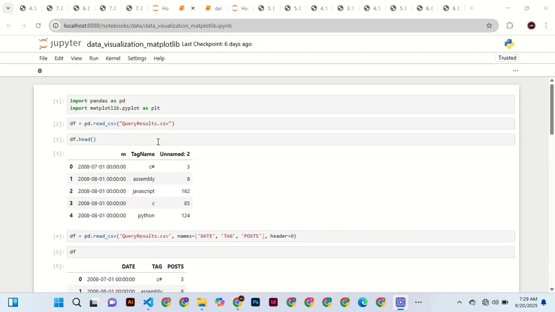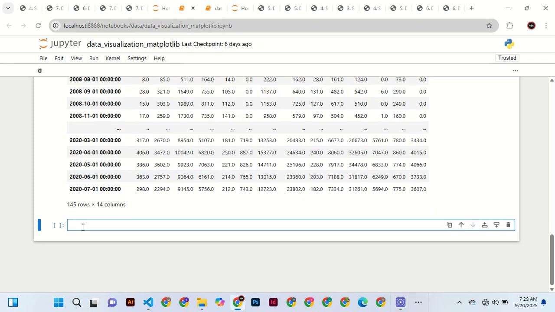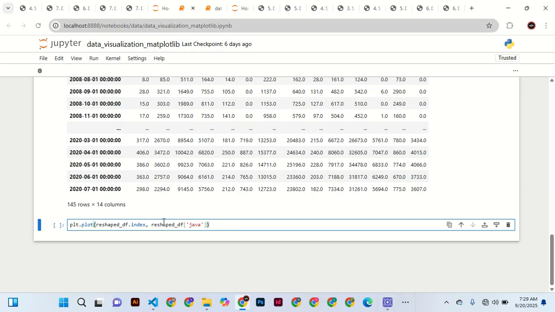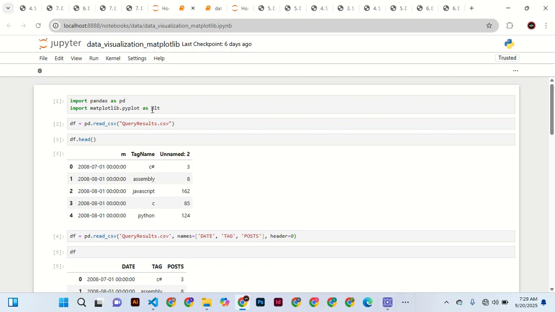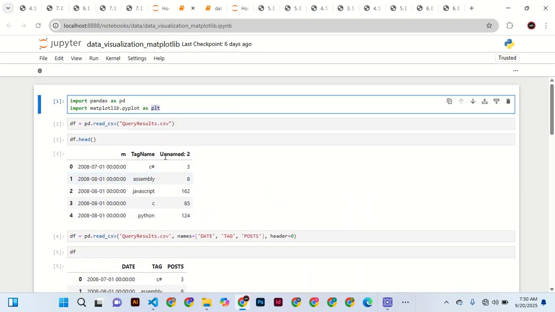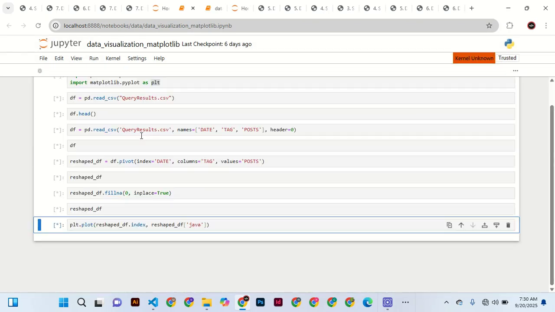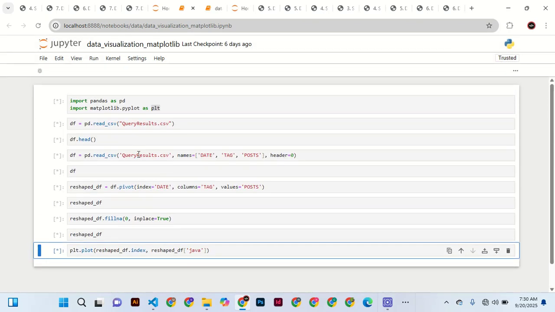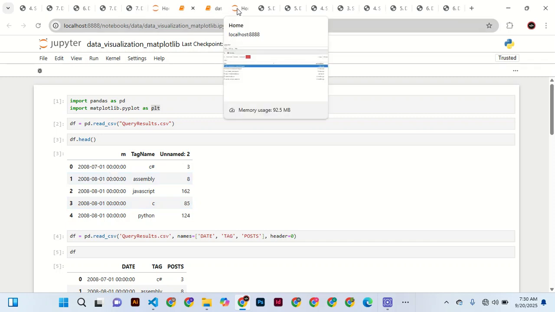So that is that. I know yours has not been changed. So you can see here, and this plt, it is this one that we are importing from Matplotlib, right? So to make it work, we just say kernel, restart and run all. Remember, mine has done that, and if yours has got that challenge, you can as well come here